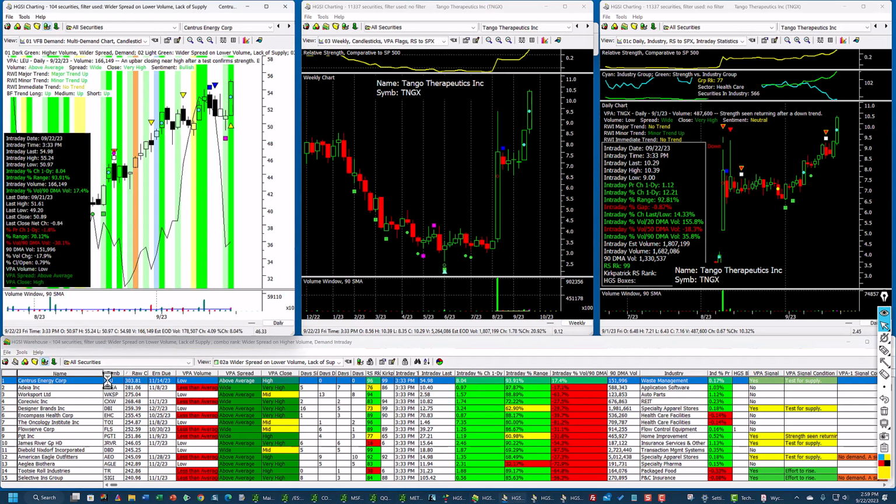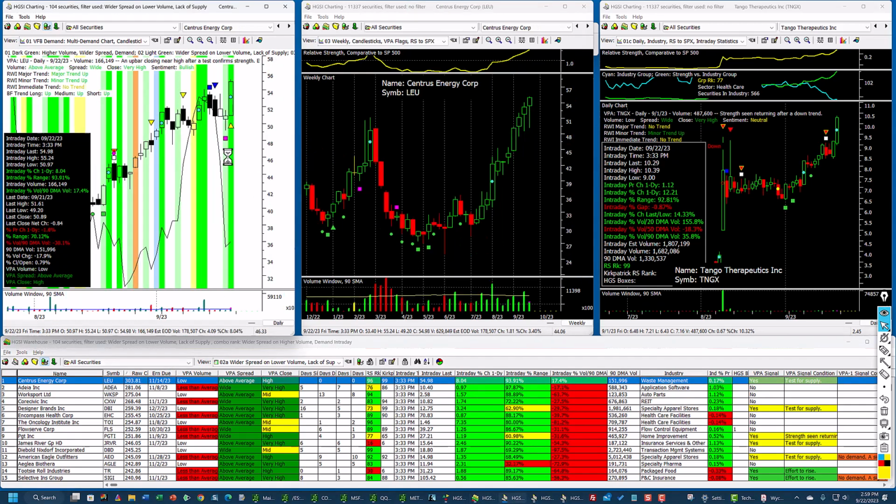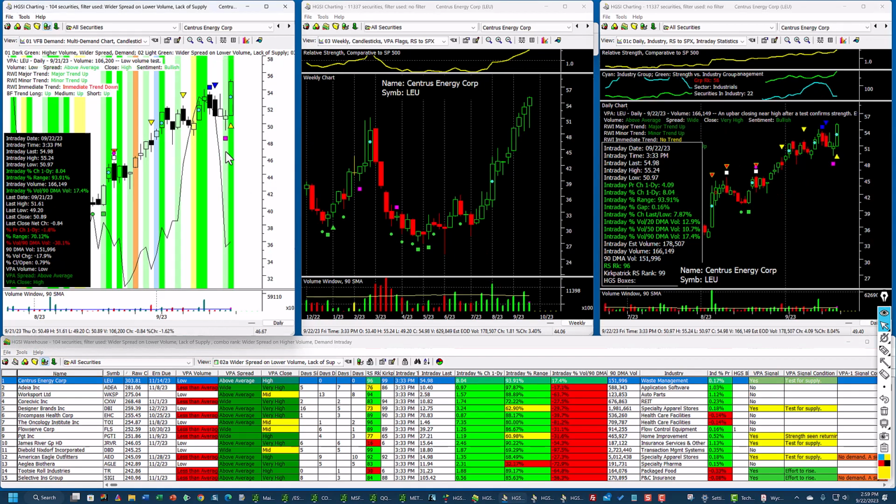Let's just look at the first one here. Here is the light green bar from yesterday, which was a low volume test. Look at the strength in this weekly chart here. And this right here yesterday, low volume, above average, and the close was high on a low volume test, which